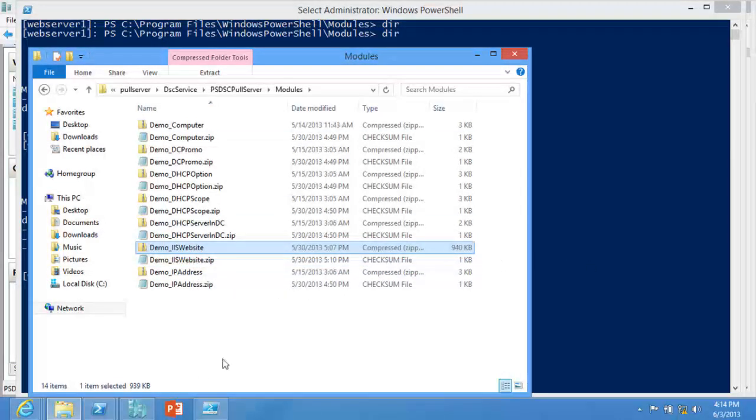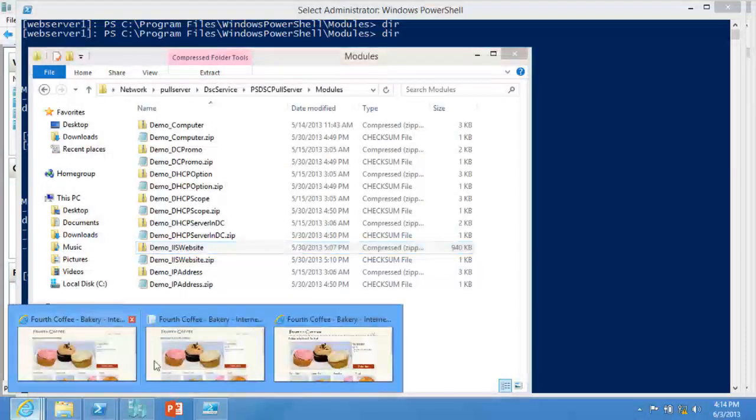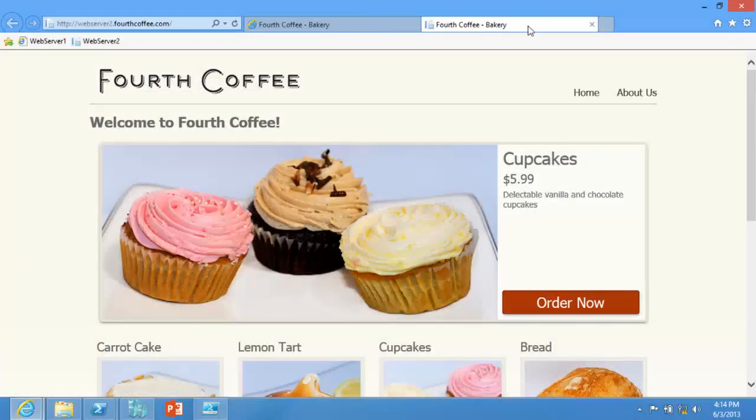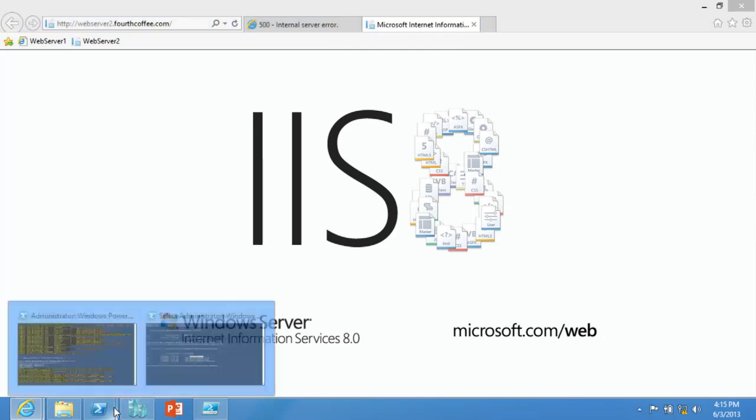Now, in theory, it's true. All right, we got rid of our third one. I don't know where these are at anymore, I confess, because what's cool about the pull model is they do sort of happen on the fly behind the scenes as you go forward. And we have IIS, and I've done something to Web Server 1. It appears that I have.